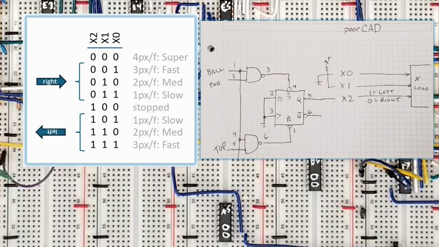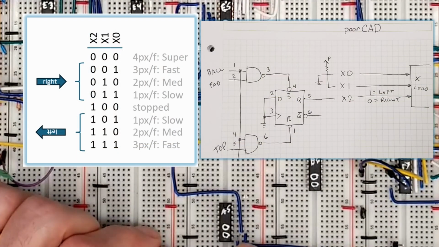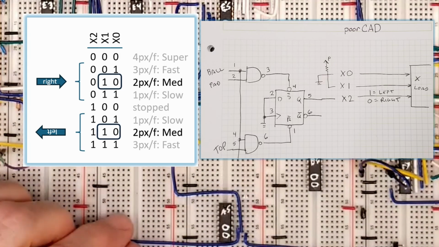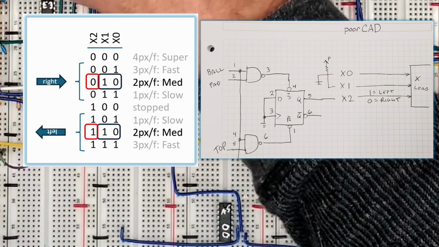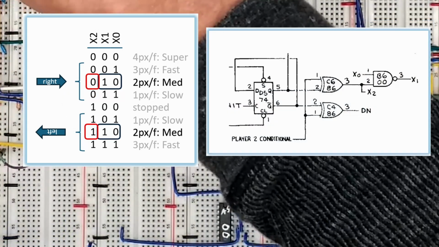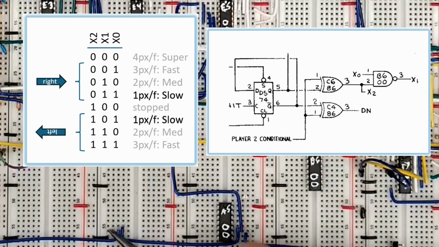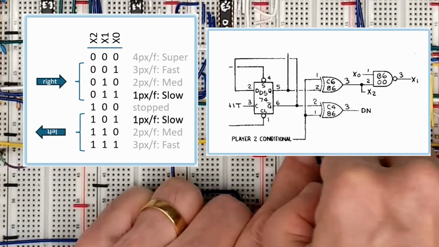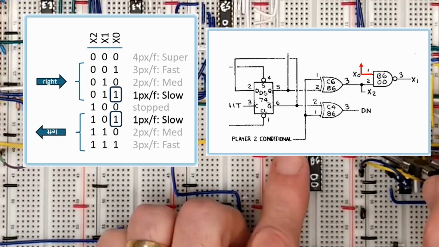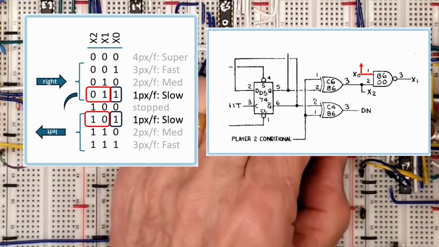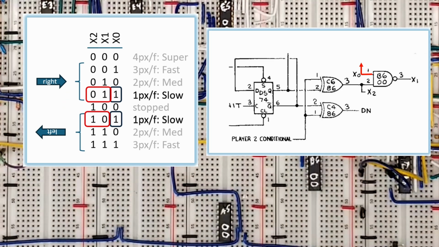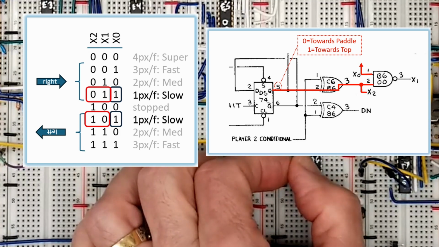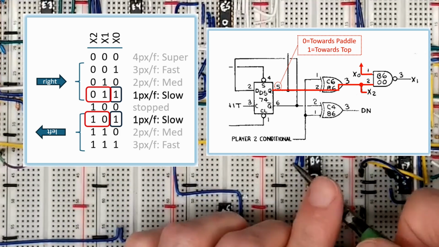In our cheap motion control, we were lazy and used medium speed, so we just needed to tie down X0, tie up X1, and turn X2 on or off to change direction. In the real logic, they want to start out slow, so they need to do a tiny bit more work. For slow, X0 is on, but they need to modify both X1 and X2 to change direction. You can see that X2 works the same way as in our cheap design and is hooked to the Q output, but X1 is simply an inversion of X2.